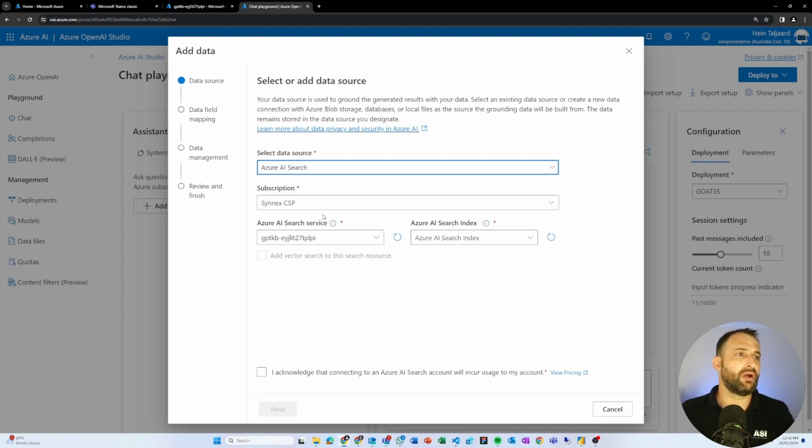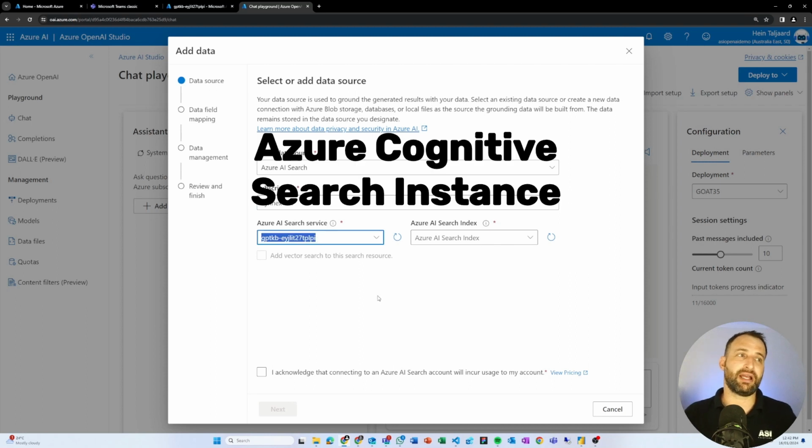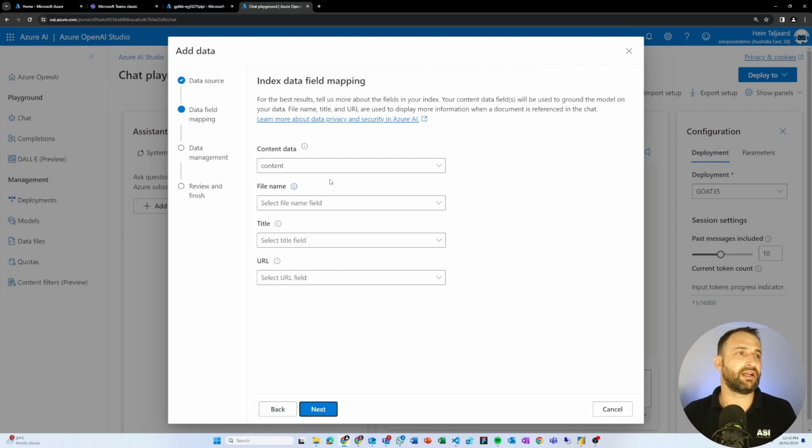So what the UI has done for us, it's basically picked a subscription and it's automatically picked up an Azure AI service that I've set up previously. And it allows us to go and pick an index. Right? I'm going to pick policies for today and acknowledge that there might be some additional cost because we are consuming Azure Cognitive Search. If I go to next, once again, not going to go into too much detail over here,